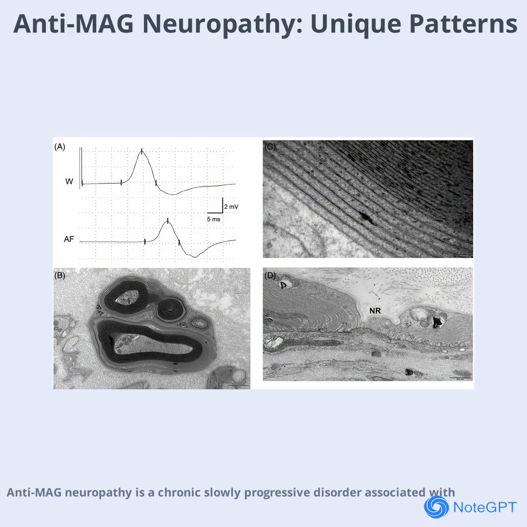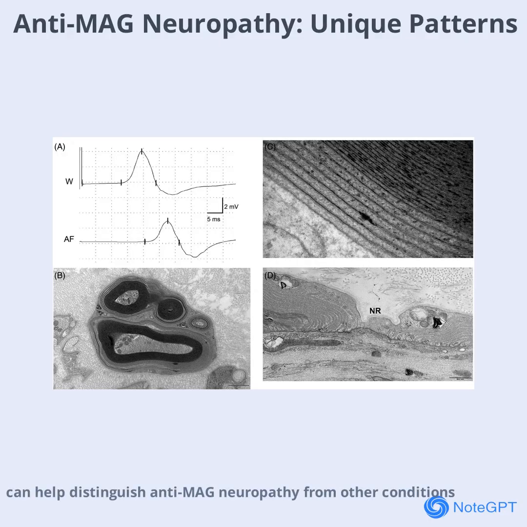Anti-MAG neuropathy is a chronic, slowly progressive disorder associated with IgM antibodies against myelin-associated glycoprotein. Electrophysiologically, it shows marked prolongation of distal motor latencies, often out of proportion to conduction slowing elsewhere. Pathology reveals characteristic widening of the myelin lamellae, especially at the perinodes. Unlike classic demyelinating neuropathies, conduction block is rare, but the unique pattern of distal slowing can help distinguish anti-MAG neuropathy